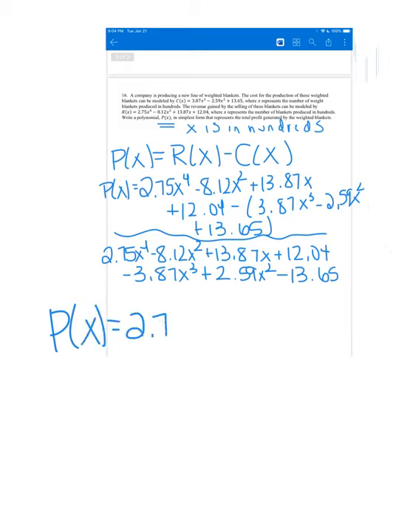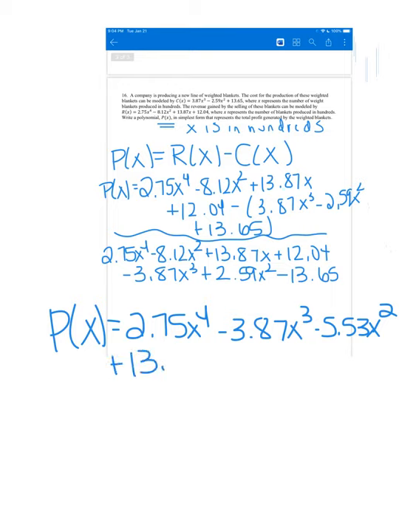2.75x to the 4th minus 3.87x cubed minus 5.53x squared. You're going to put all of this on the same line. I'm just running out of room on here because I'm trying to write big for you. Plus 13.87x minus 1.61. Okay? So what that hundreds thing means is if you're looking for the profit, if you make 600 blankets,